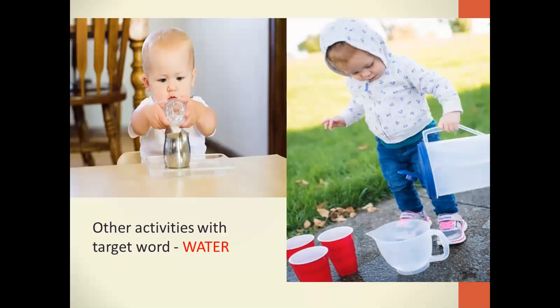Another activity that you can have is to give a bottle of water or a jug of water, or just a tumbler of water to the child, and ask the child to pour from this glass to the other glass, and so on. Even take the child out to the garden and let them feel. These are some of the activities I'm naming, but when you work hand in hand with the therapist, you'll have a lot more, a list of words, and you can work on each word separately and not cram them together.